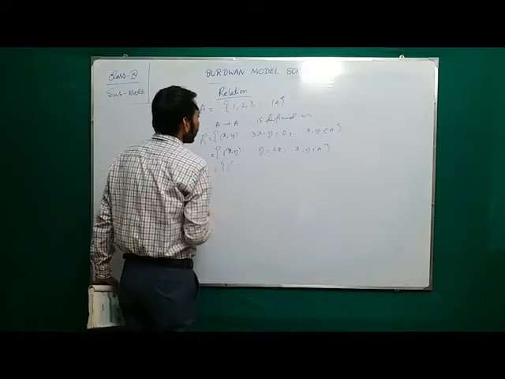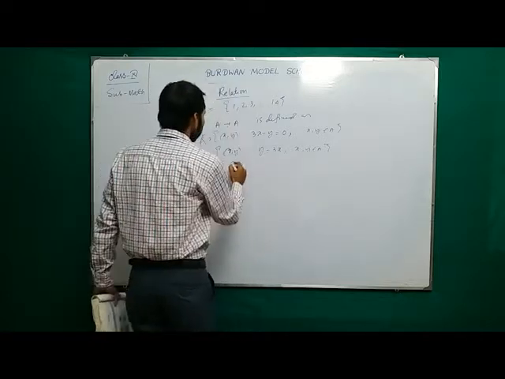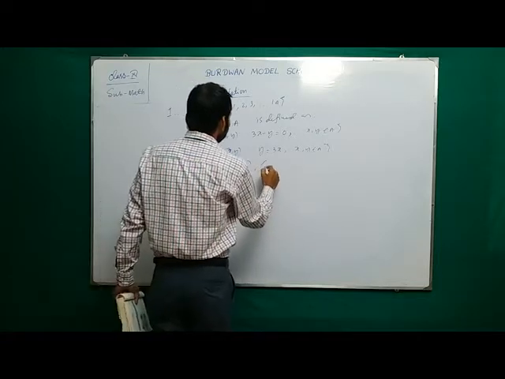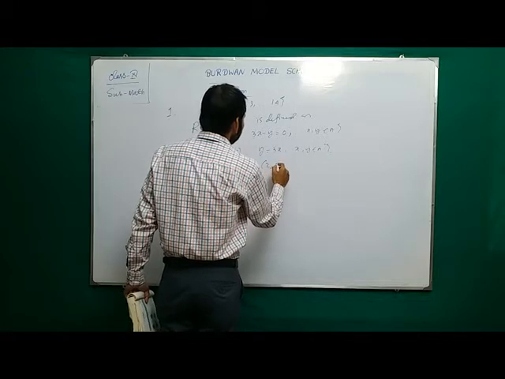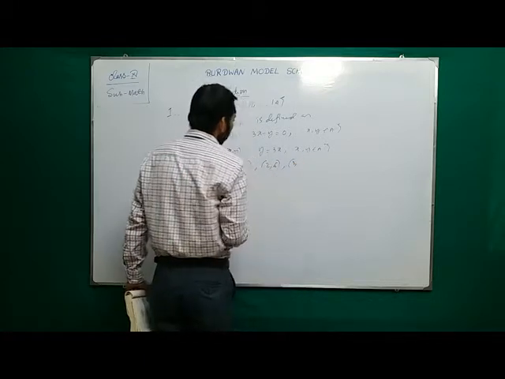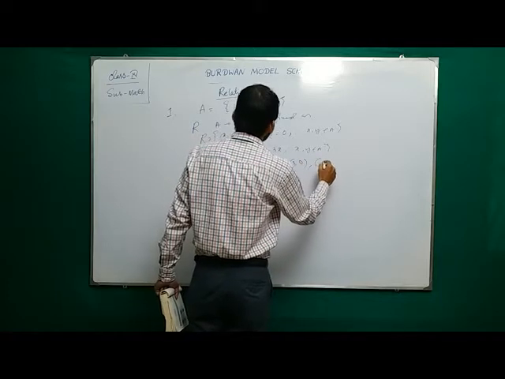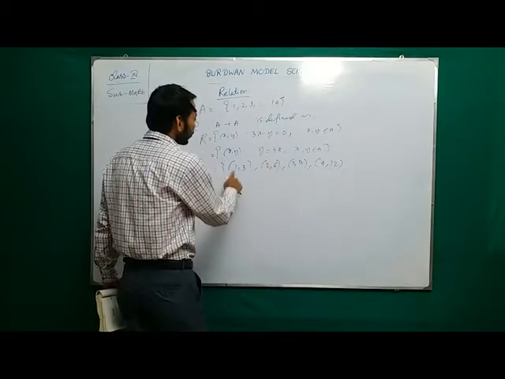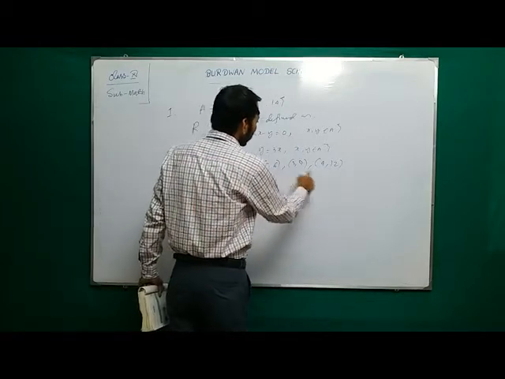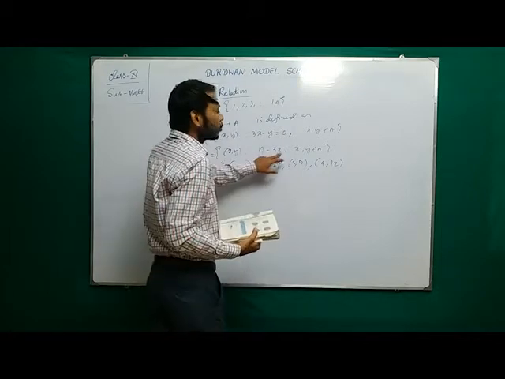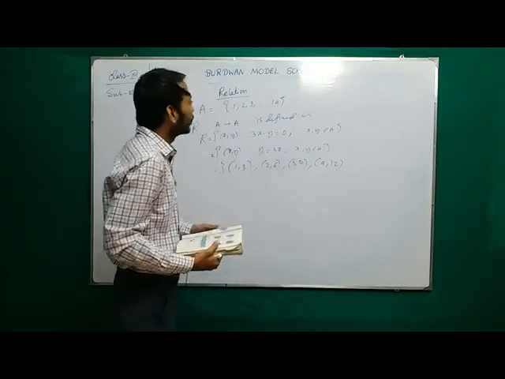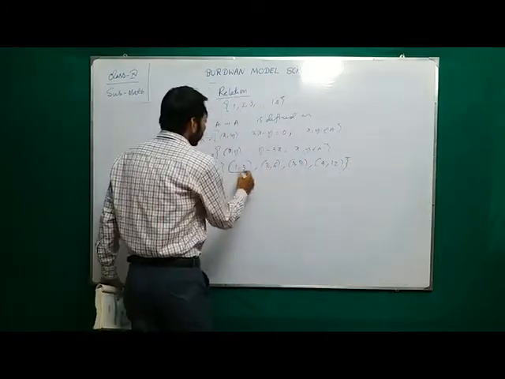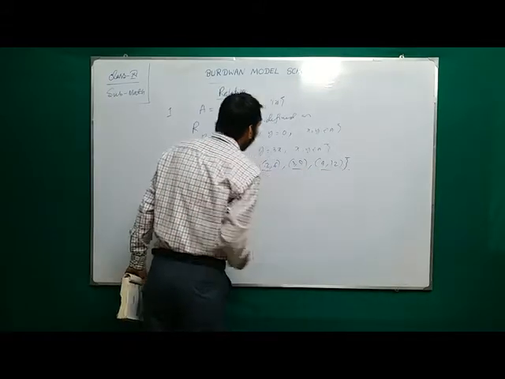So y equal to 3x means if x equals to 1 then y equals to 3, if x equals to 2 then y equals to 6, if x equals to 3 then y equals to 9, if x equals to 4 then y equals to 12. Y is thrice of x, so 1 3, 2 6, 3 9, 4 12. If I take x equals to 5, then it will give y equals to 15, but 15 is not present in the set. So the elements are explicitly 1 3, 2 6, 3 9 and 4 12.